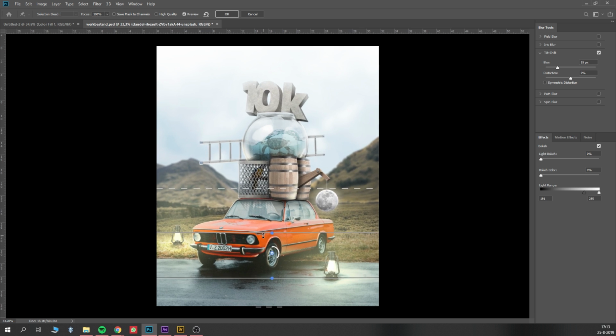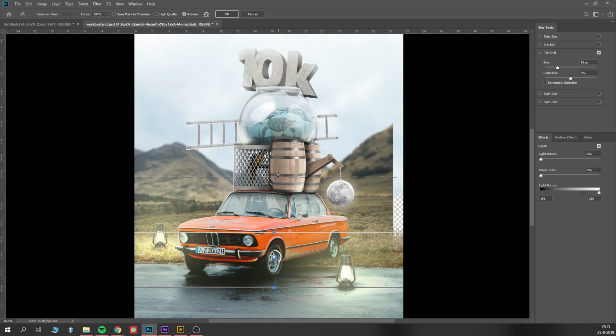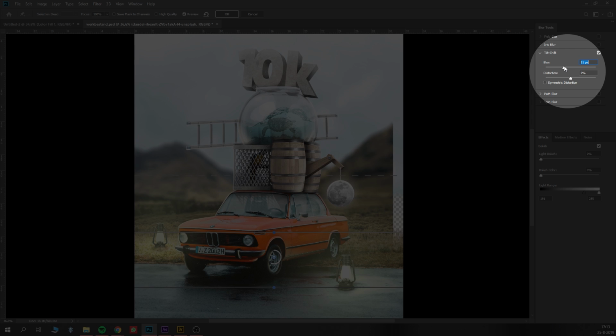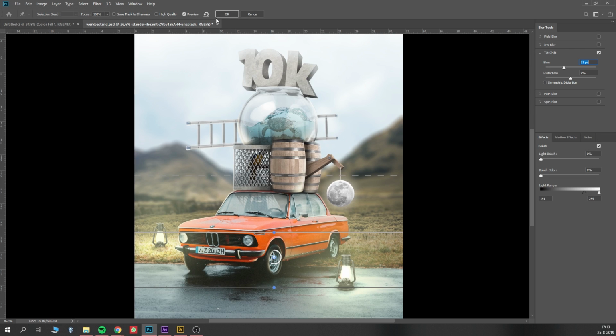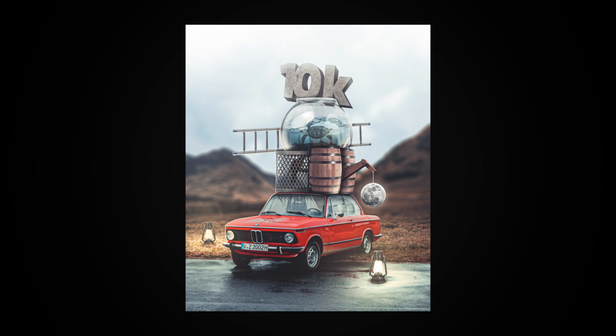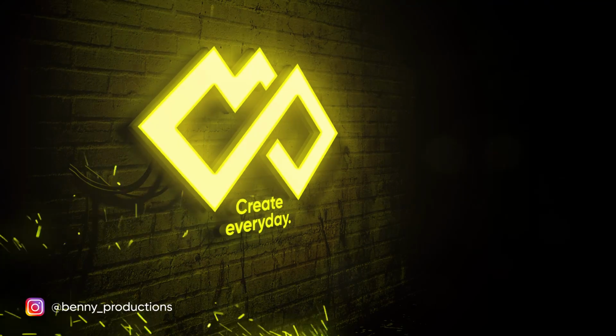The final two lines can be put on the bottom line of the composition and the horizon, because that's the end of the world. Now change the blurriness to whatever value you like. For me, this is okay. So there you have it, that's how you can add a depth of field to your art. I hope you've learned something new today.